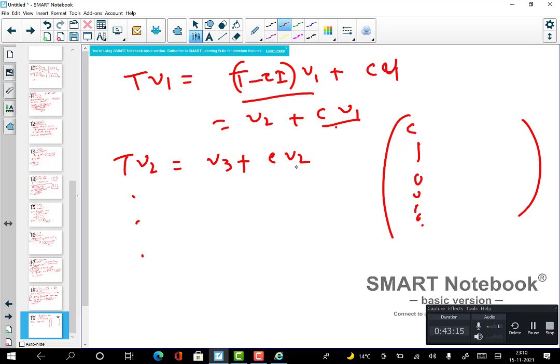Similarly here, what has happened? The coefficient of V1 is 0, so 0. Coefficient of V2 is equal to C. Coefficient of V1 is equal to 1, and everything is 0. So 0, 0, 0. What does that mean? That means diagonals are C and sub-diagonals are 1 and everything is 0. This is the P cross P Jordan block. So this is the method to find out Jordan canonical forms, and also now the question is